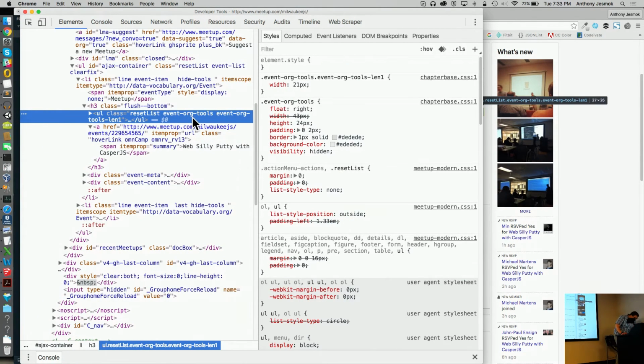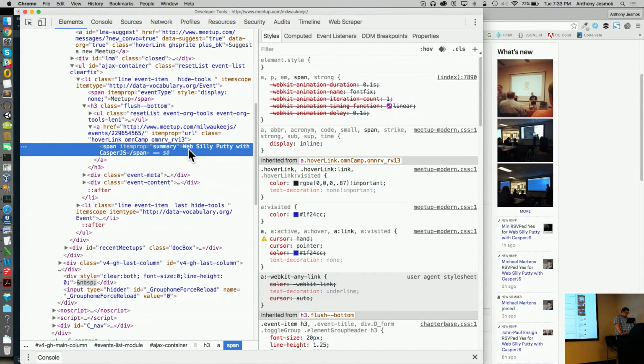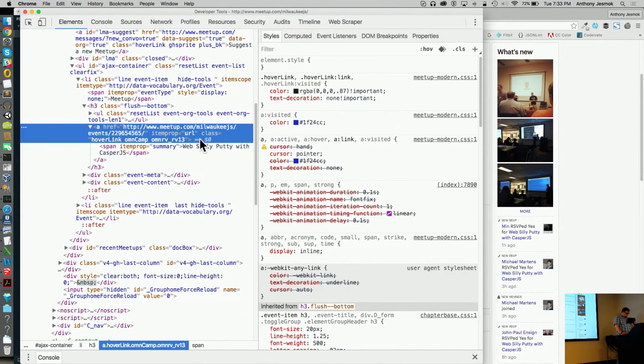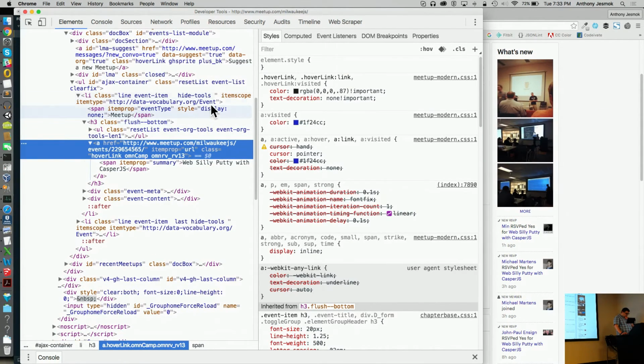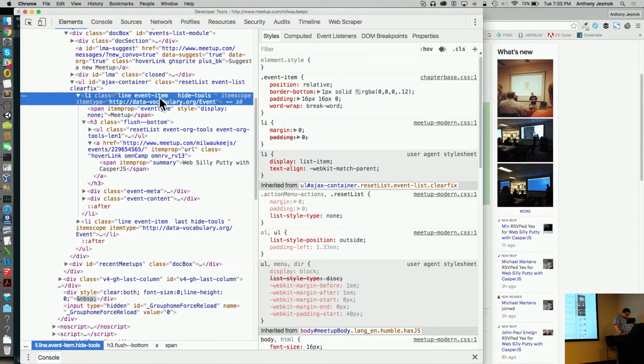I'm trying to see what exactly I can find. Here we go. Event item.